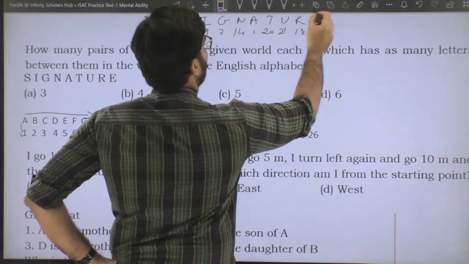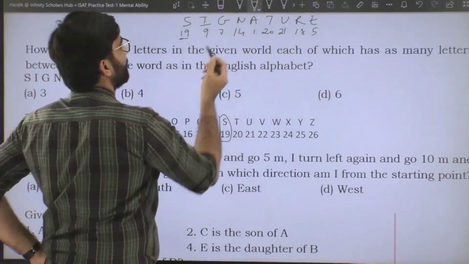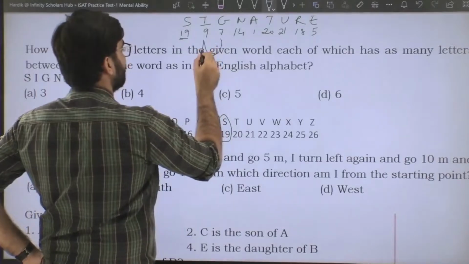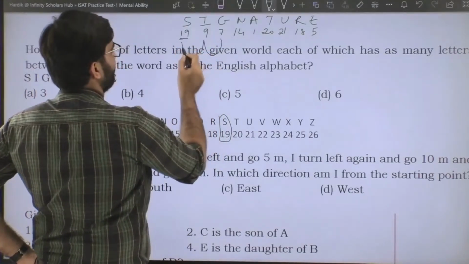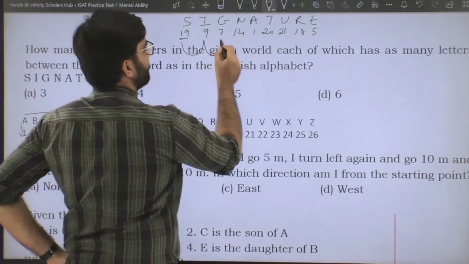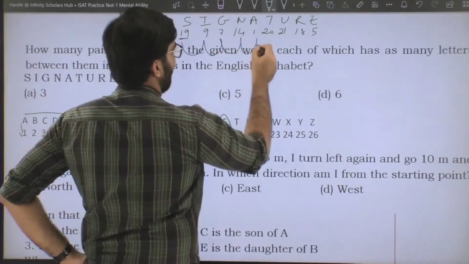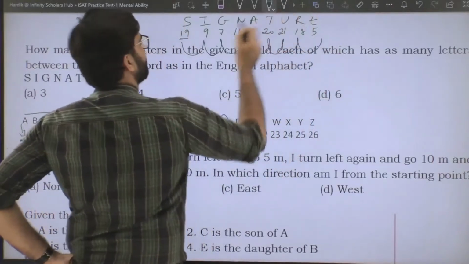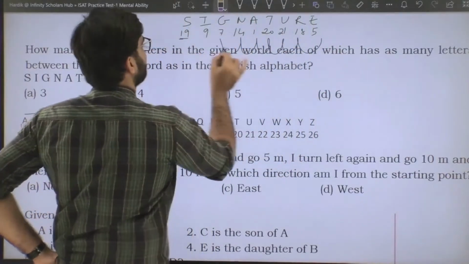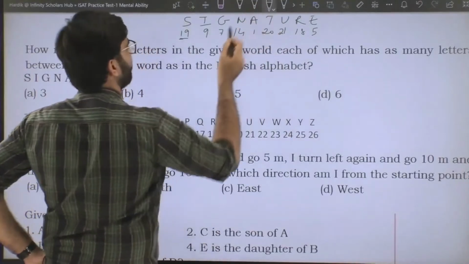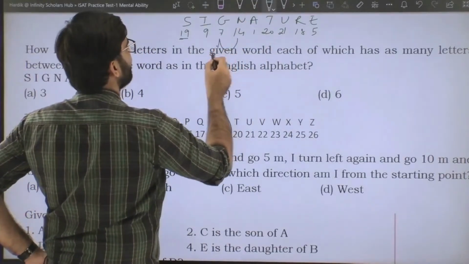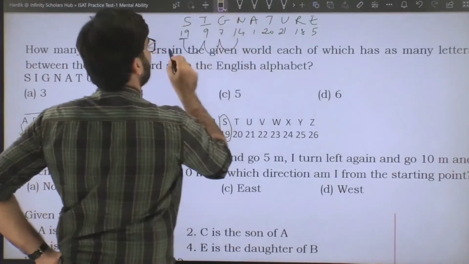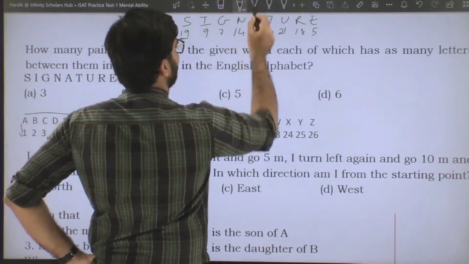Now let's move on to the next alphabet, which is G. From 7, before 7 it is 8, 9. So there are no such pairs. After 7 on this side, 8, 9, 10, 11, 12, 13. There's no such pair, so from G also there's no pair. Now from 14, after 14 you have 15, 16, 17. None of the numbers coincided, so there is no pair on this side. Let's check on the other side now.